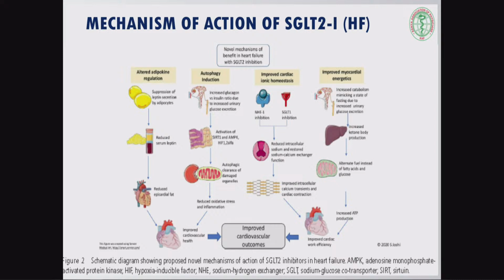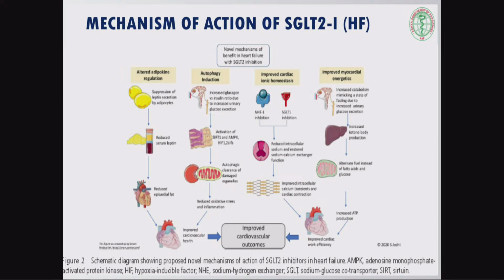And when that is done, you find that you have suppression of leptin secretion. And eventually you find that you have reduced epicardial fat. And that will improve your cardiac health. You also find that SGLT2 will have an autophagy induction, and with that, again, it will reduce the oxidative stress